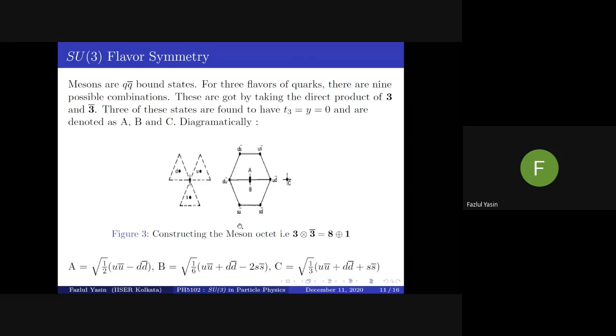And here we can see it gives us three states A, B, and C, which have both the eigenvalues equal to 0. The state A is written in this manner, and it is considered to be a part of an isospin triplet with d u-bar and u d-bar in this manner,